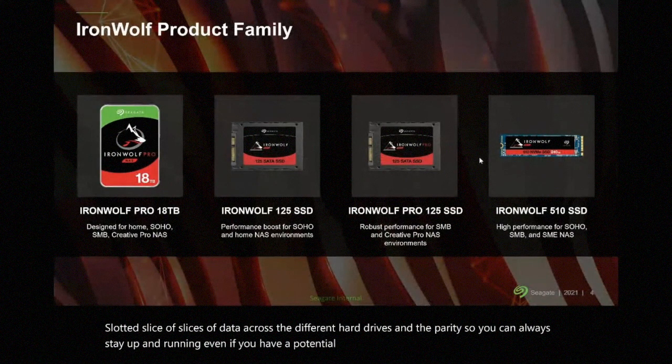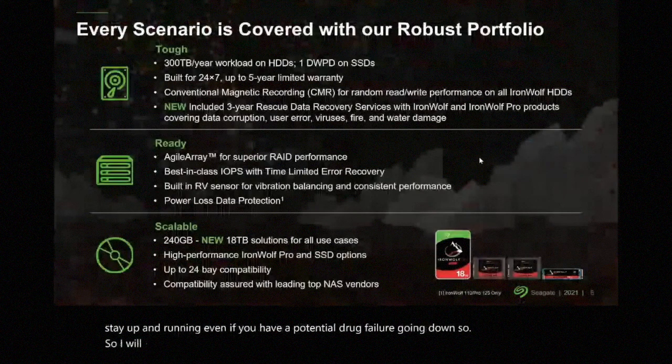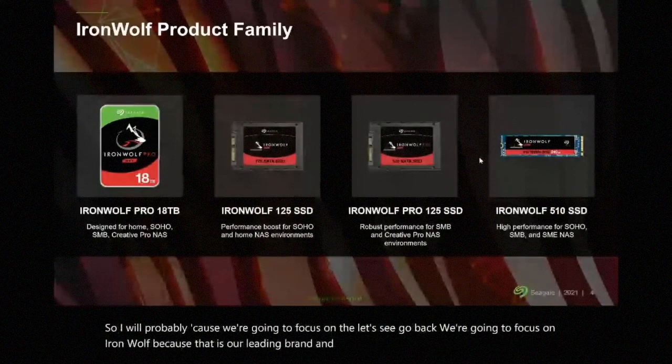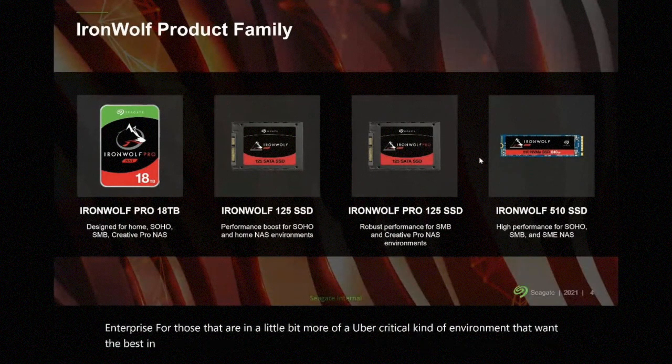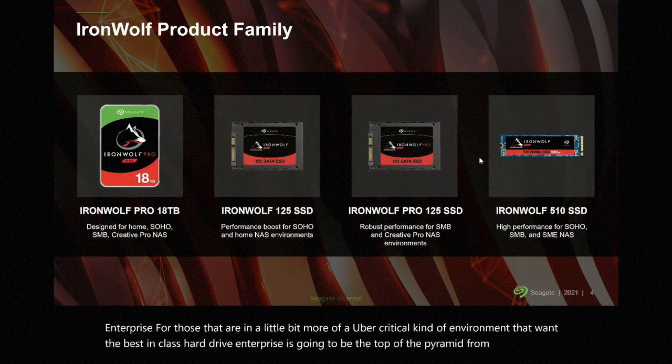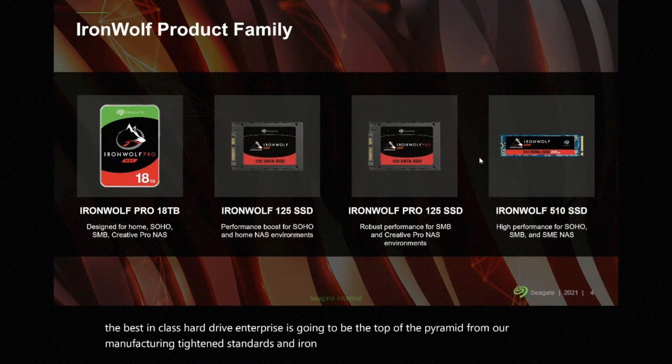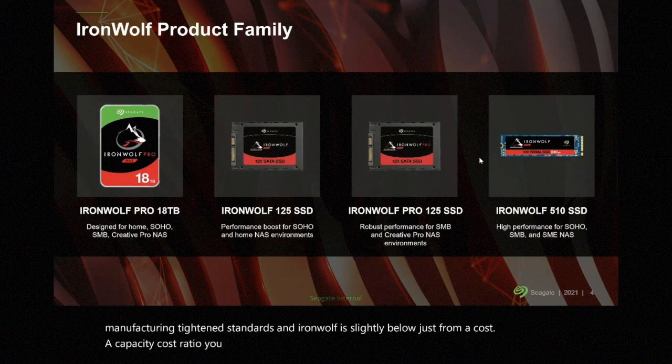So, the Iron Wolf product family. We're going to focus on Iron Wolf because that is our leading brand and technology for the NAS arena, along with Exos Enterprise for those in a more uber critical kind of environment who want the best-in-class hard drive. Enterprise is going to be the top of the pyramid from our manufacturing standards, and Iron Wolf is slightly below just from a capacity cost ratio, because we understand that you're dropping a sizable investment